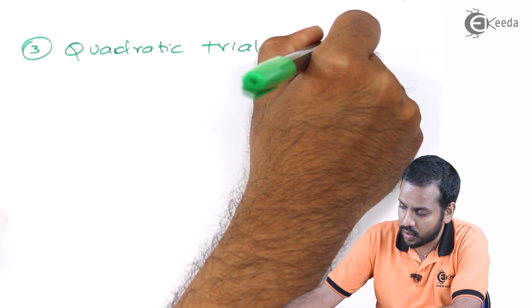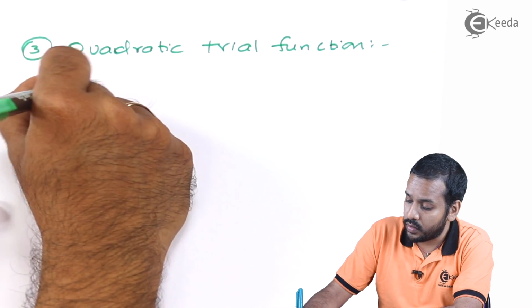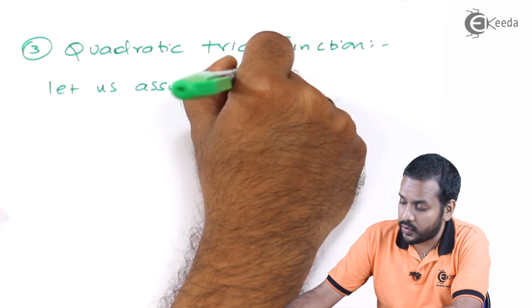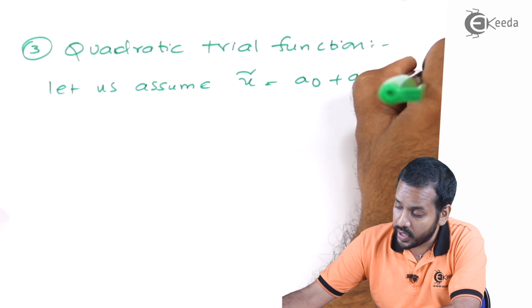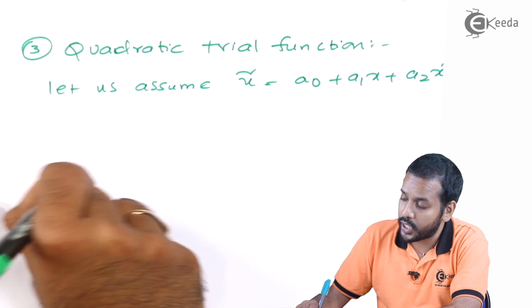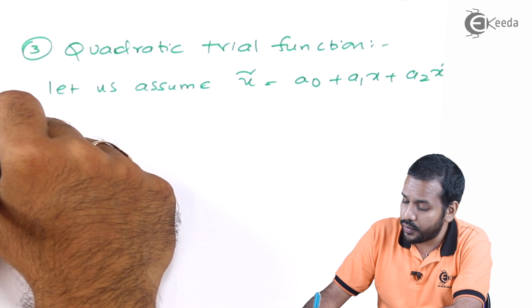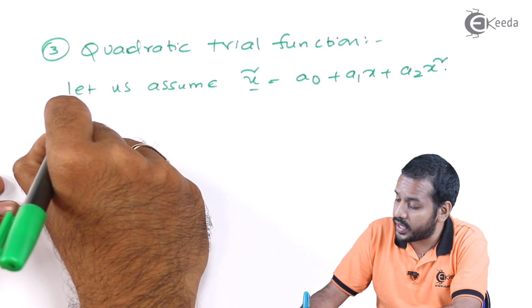Quadratic trial function. So let us assume the trial function u tilde is nothing but a0 plus a1x plus a2x square. Okay, so now what you have to do, you have to substitute this one, that is,